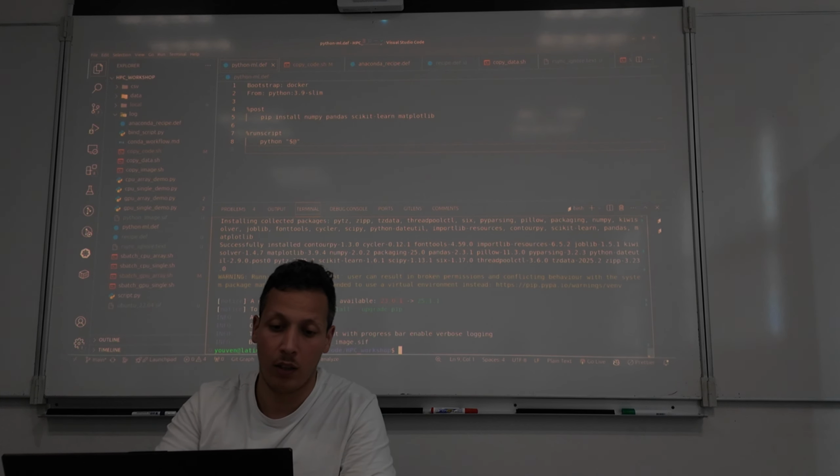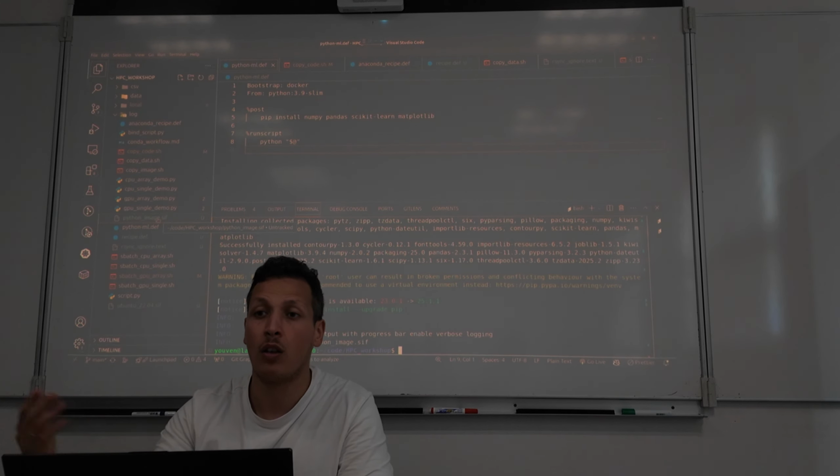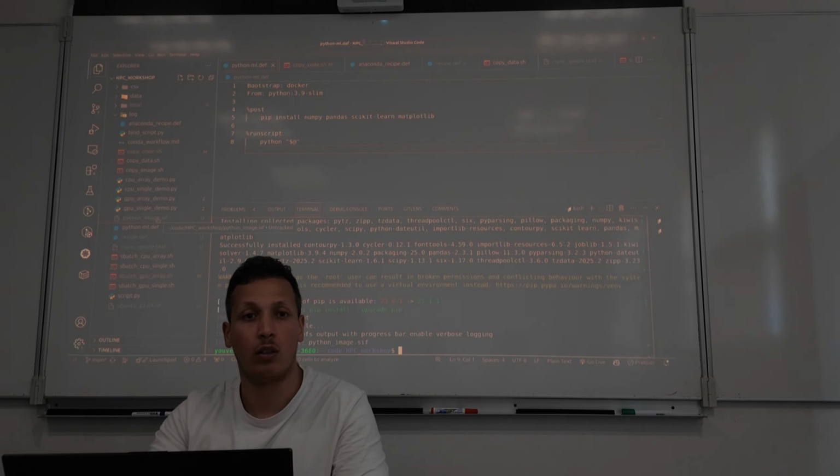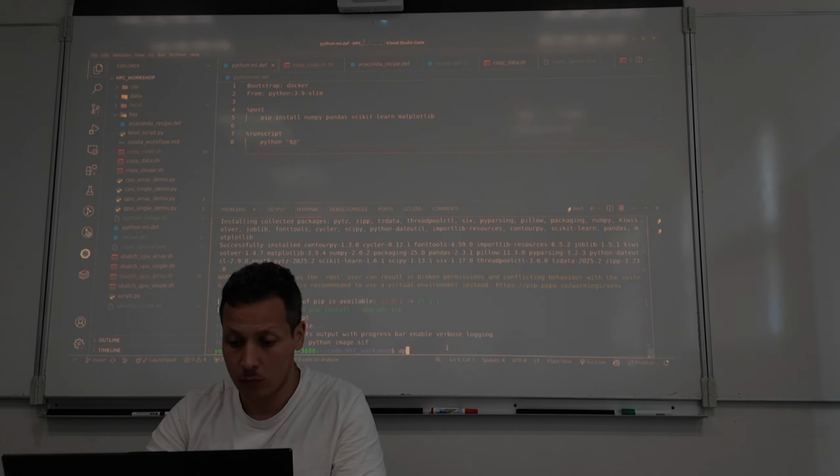So Python image SIF, and with this I can then run basically Python commands inside it. So for example, I can do Apptainer